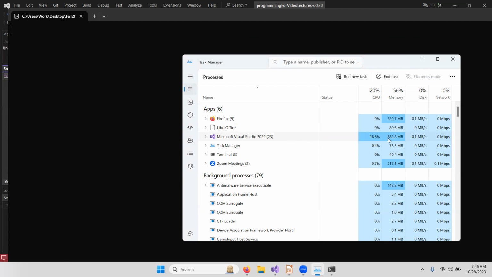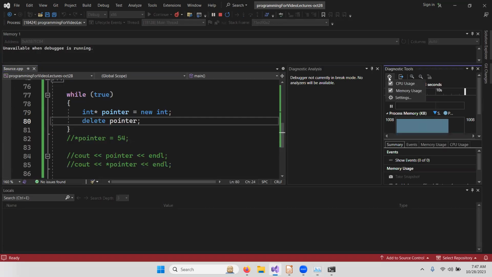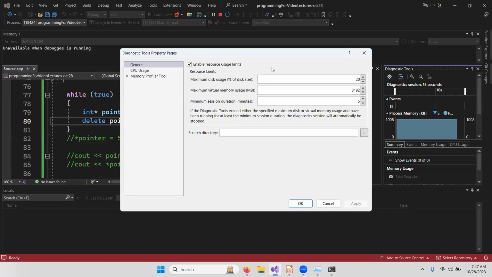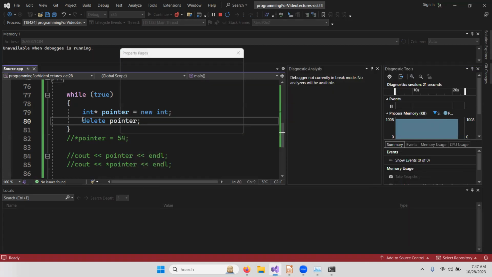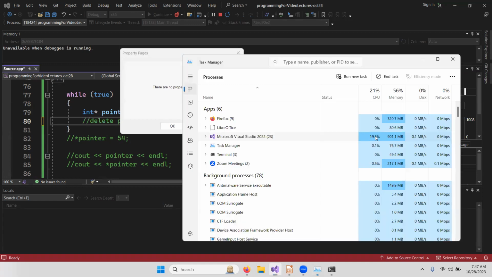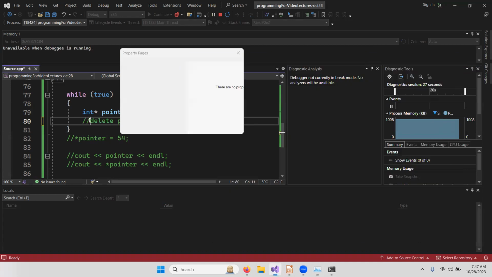It's bounded by the operating system that I'm using, and it's bounded by the settings. If we go back to diagnostic tools and settings, there is a maximum that this is capped to. And usually when I run the program with this commented out here, I see it ramp up to 8 GB. So I was a little bit surprised by what we just saw, but anywho,